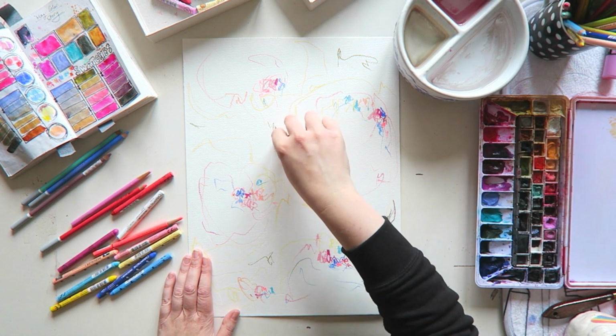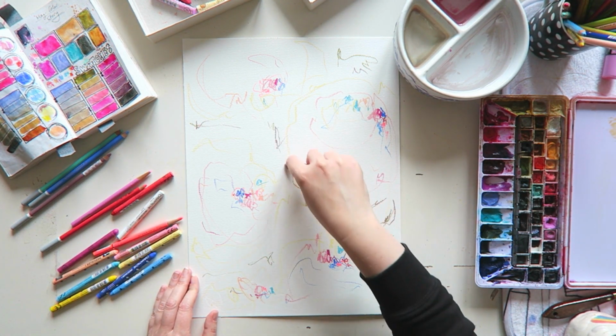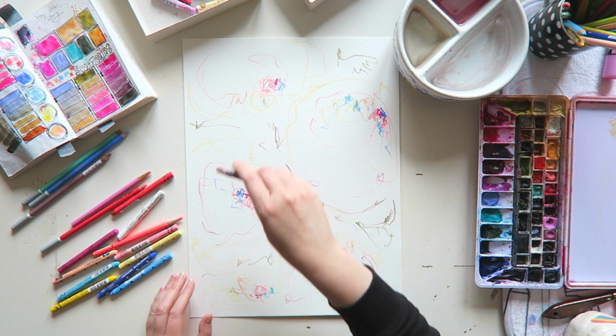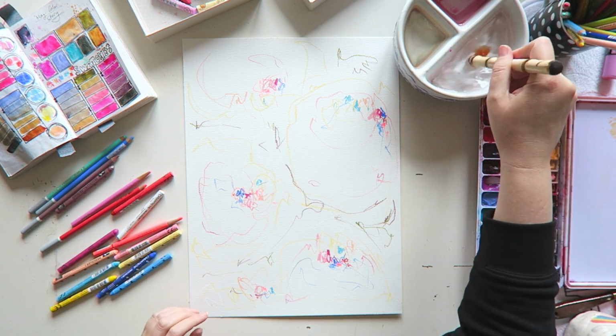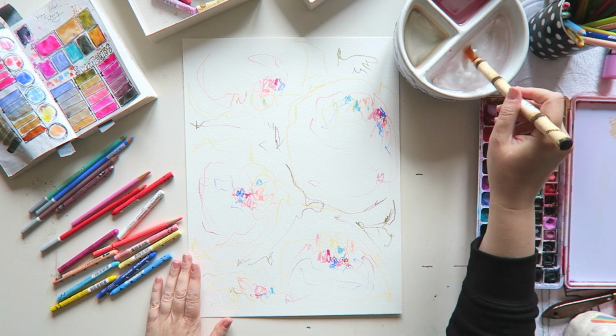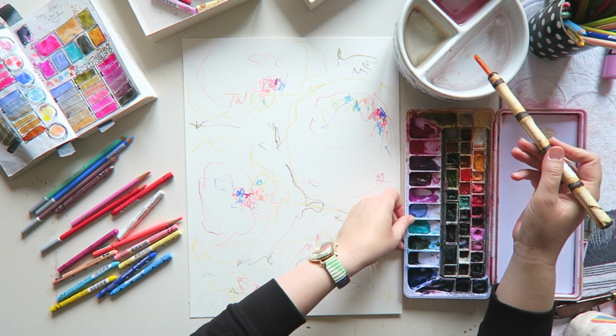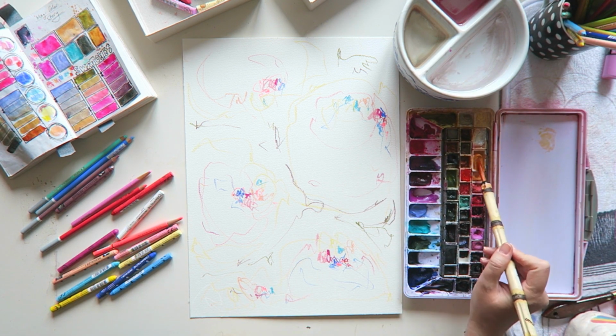I love using the Neocolor one because they resist watercolors, and with the way that I like to paint, it allows me to explore color mixtures and avoid puddles of watercolor. When I started painting in a more loose and fluid way,